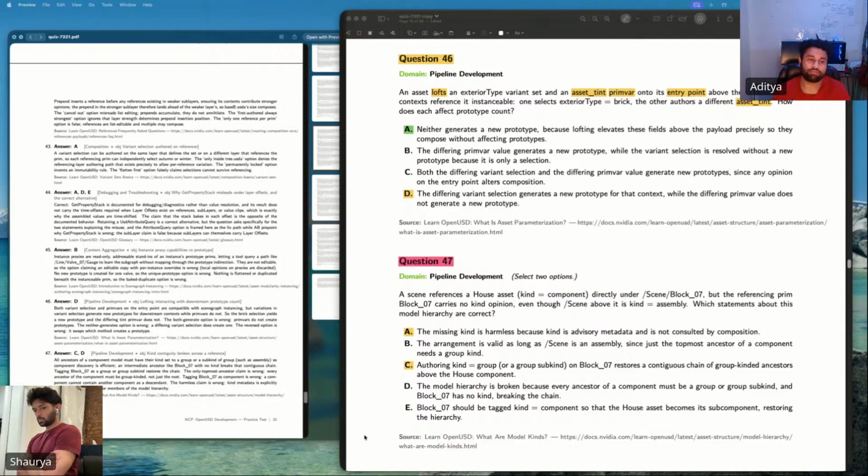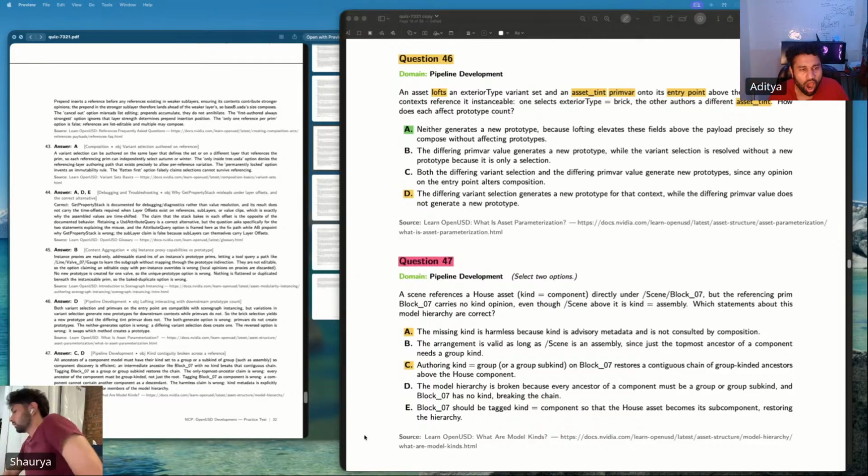Yes, if the scene reference did not have kind equal to component as a model, then definitely it would have been correct. Yeah, as a model kind reference, like in the metadata, if kind equal to component was not referenced or mentioned in the scene references, then it would have been fine because the assembly doesn't care whether it has something under it. So in that scenario, it would have been fine.